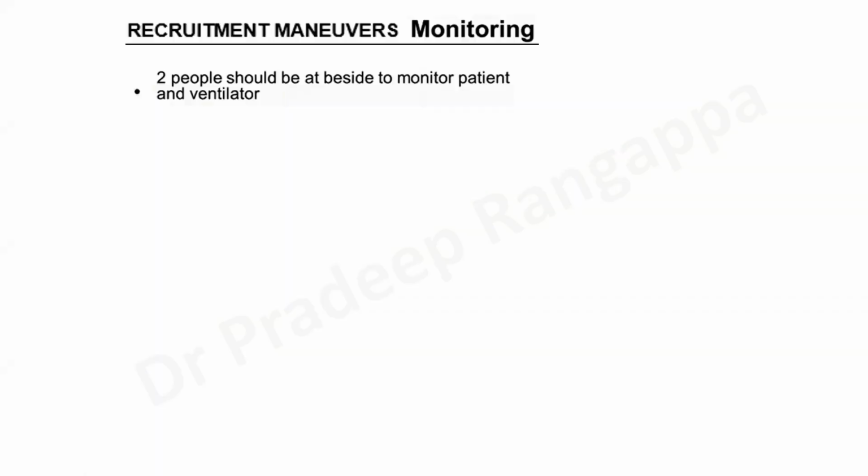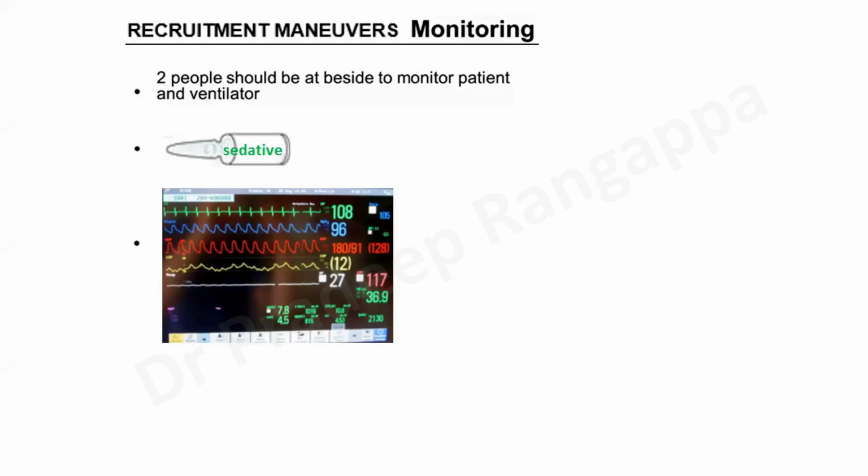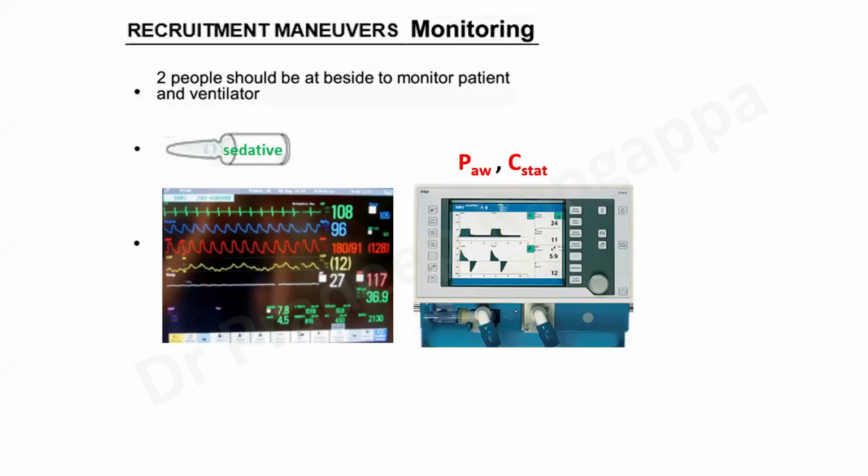And just for all the trainees, when you're doing a recruitment maneuver, two people should be at the bedside to monitor the patient and the ventilator. The patient should be adequately sedated. The patient should be connected to a standard monitor, and one should have an eye on the monitor. And one should look at the airway pressures and the compliance before you do the recruitment, and post recruitment. Always an IV fluid line has to be connected for resuscitation when there is hemodynamic instability. Adrenaline has to be kept, vasopressors have to be kept, and a crash cart has to be kept